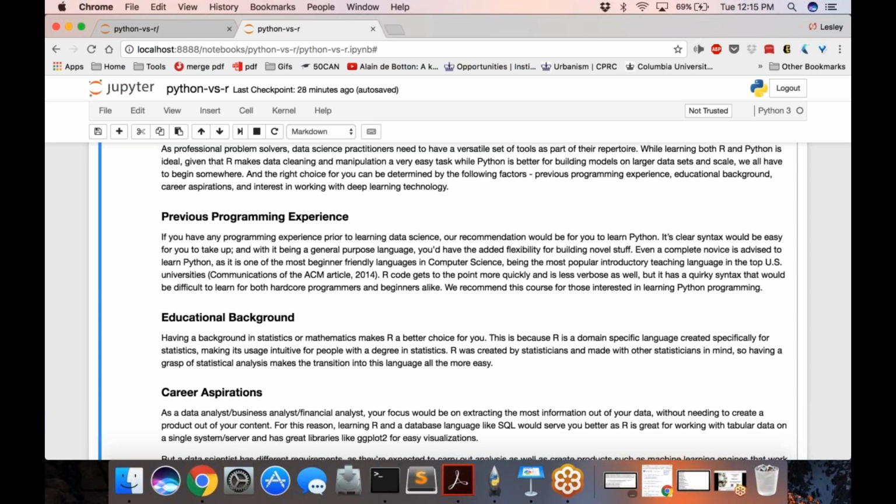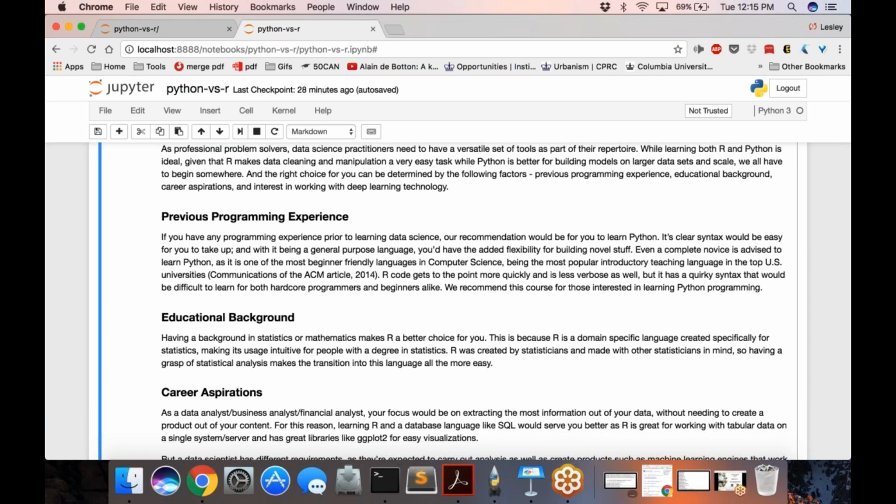It also has to do with educational background. If you have a background in statistics and mathematics, R is actually a language that's very suitable for you. As I mentioned several times, R was built by statisticians, and because of that, it was built with this specific educational background in mind.